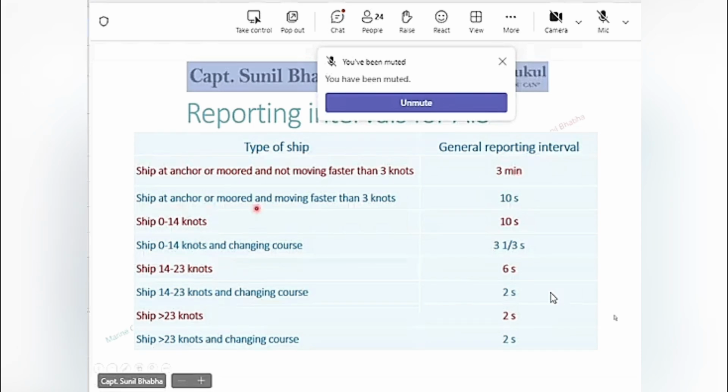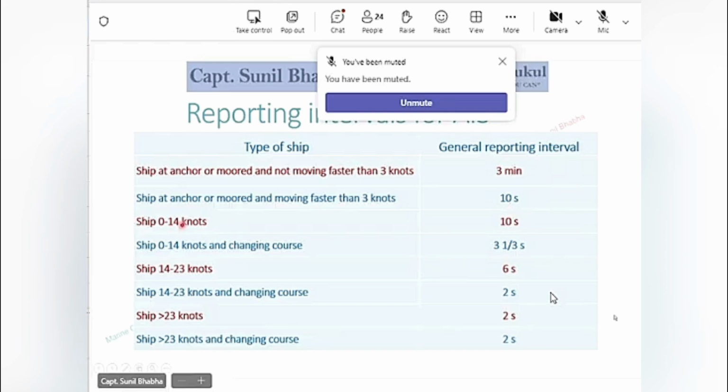Ship at anchor or moored and moving faster than 3 knots, that could be a case when the ship is dragging anchor, or let's say you are moored to buoys and the buoy moorings are shifting or they are just dragging over the ground, some scenario like that. So in that case, the reporting interval is 10 seconds.